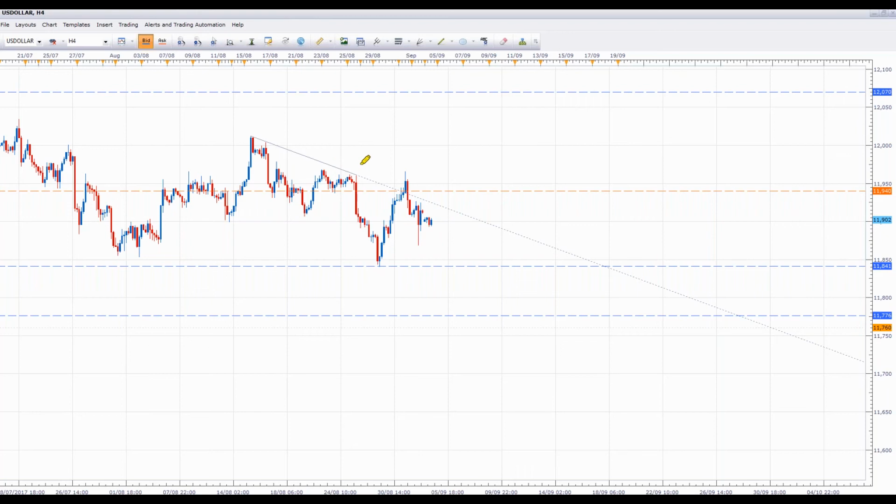So looking at the US dollar index, we are looking for a continuation to the downside because, as you can see, we have this move. Now, this is a fairly steep pullback in the US dollar index. However, it is just a pullback to this previous resistance level. So we kind of go into this week in a little bit of a funny place because we're still looking at this to the downside because we're expecting further declines to these targets down here. So we have the 11,841, which was hit last week, and also the 11,776.